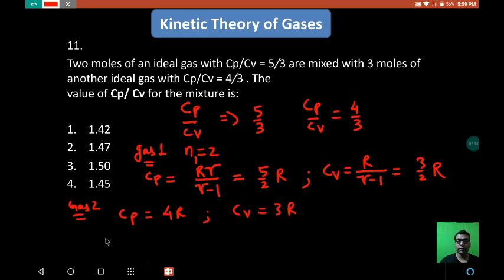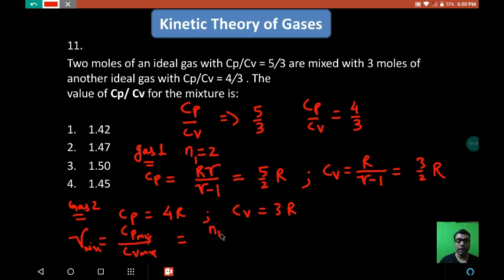So Cp by Cv for the mixture is calculated by Cp mixture upon Cv mixture, that is gamma mixture, which is equal to,